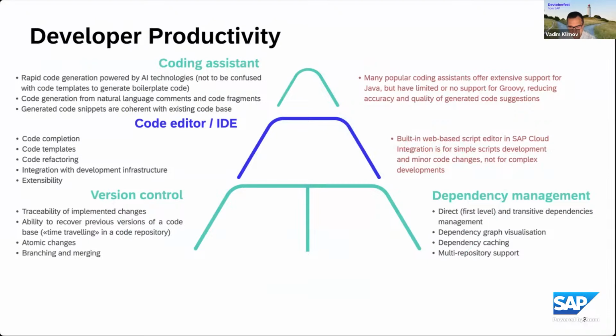We shall be aware of the entire tree of dependencies that get used by the script, not only the high-level dependencies that we imported. The ideal way to visualize it is to present it as a graph. Plus, for the sake of performance, the tooling shall be able to cache dependencies so that we don't need to fetch them every time. And it shall support multi-repository, which means that some libraries we may fetch from different